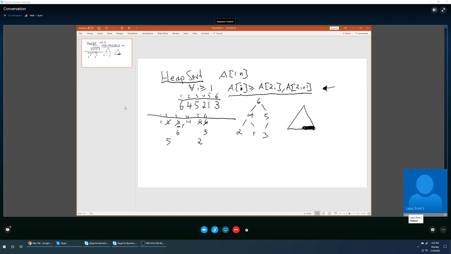Let's just write down the original tree that would correspond to the array that we started out with. We had 1, and we had 2 and 3, and then we had 2's children 4 and 5, and 3's child 6. So that would correspond to the array 1, 2, 3, 4, 5, 6 that we started out with, this array here. And so that would be the tree, using the same association between